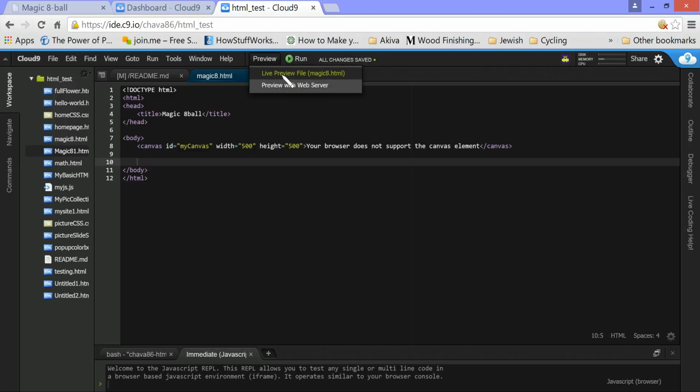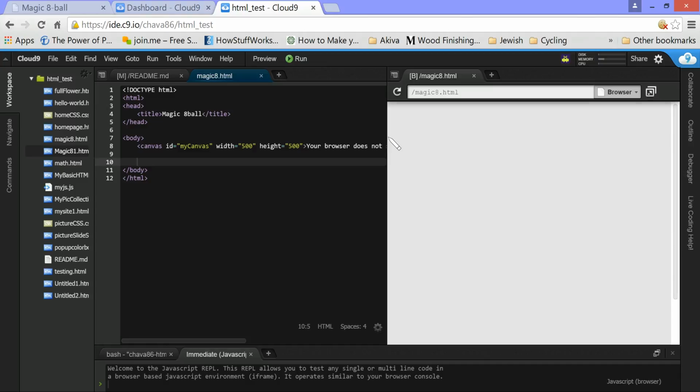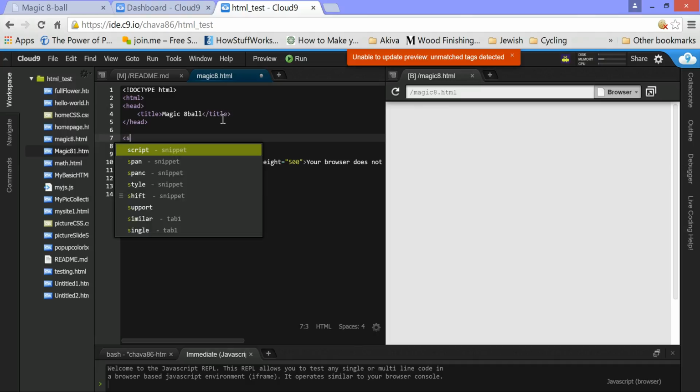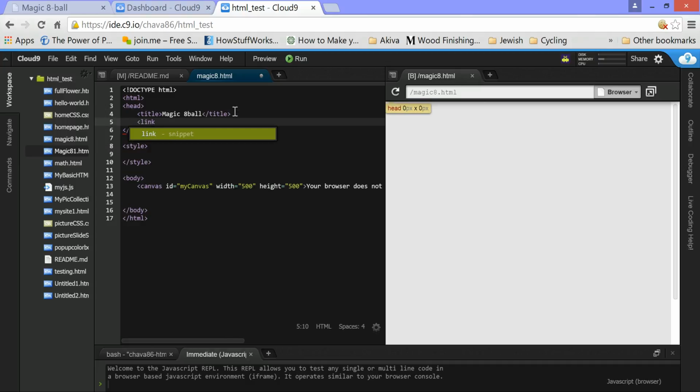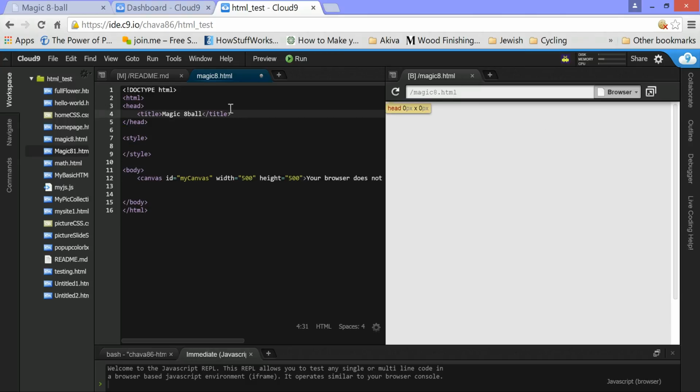So right now, if we were to preview that, we don't see anything. So what we want to do is go ahead and add some internal styling in here. If you wanted to do an external style sheet, you would do your link and then your .css file. But we're only going to style the canvas, so we're just going to do it within the document. We're going to use the canvas ID, because we don't have a class in here, we just have an ID. Because we're using an ID, we're using the hashtag or the number sign rather than the period. So our ID is myCanvas,